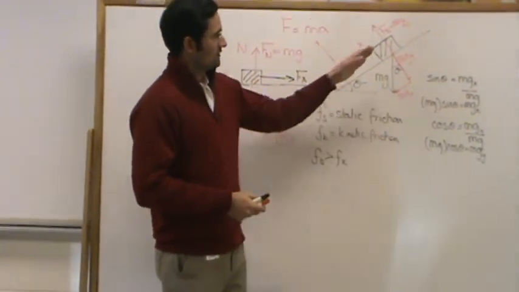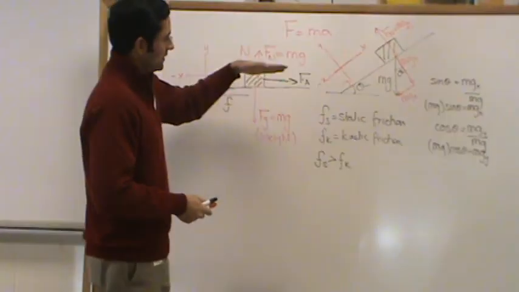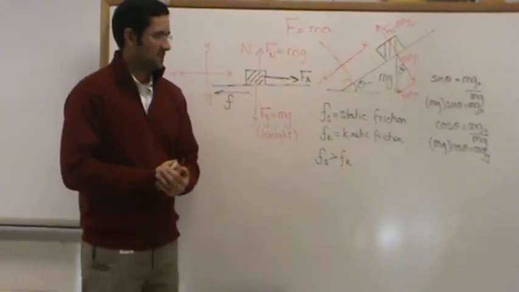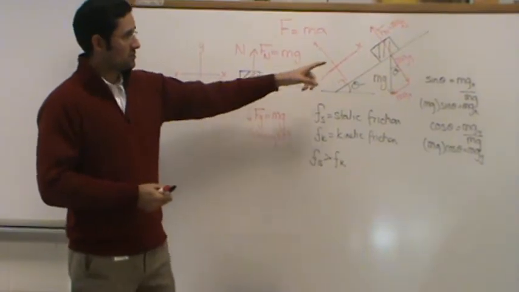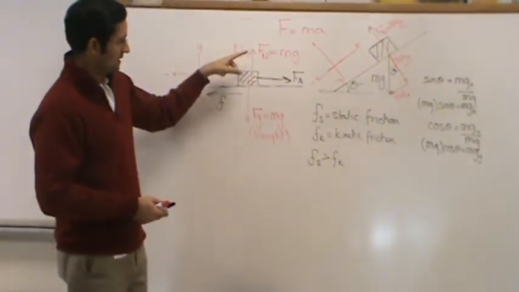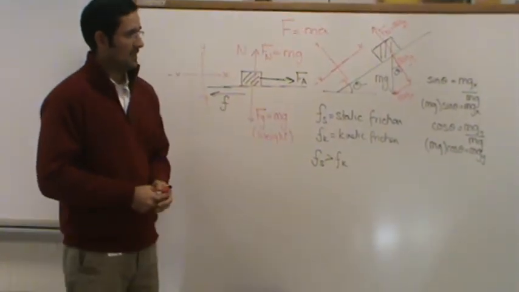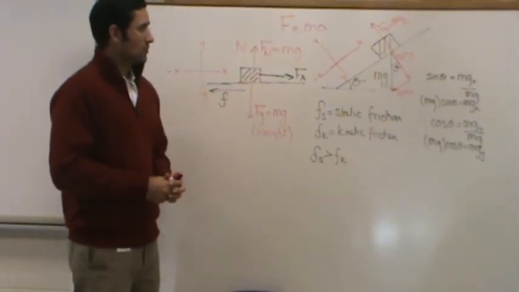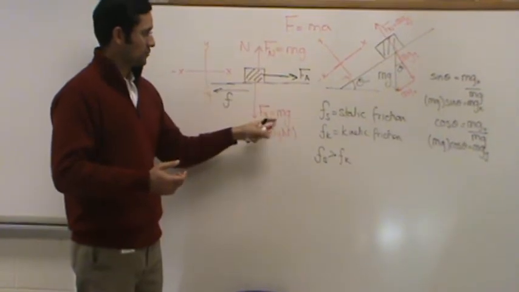So over here, you have an object on an inclined plane. Over here, you have an object on a flat surface. Now, you notice the normal force matches up. So the box is in equilibrium on the y-axis. It's in equilibrium over here also on the y-axis. Sometimes the normal force will change. It won't be the same as the force of gravity, and that's